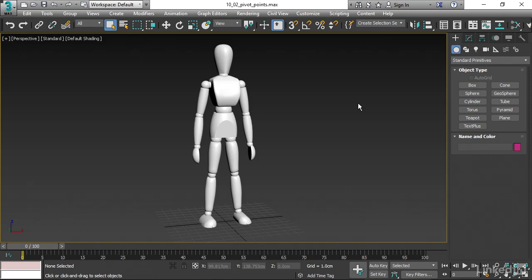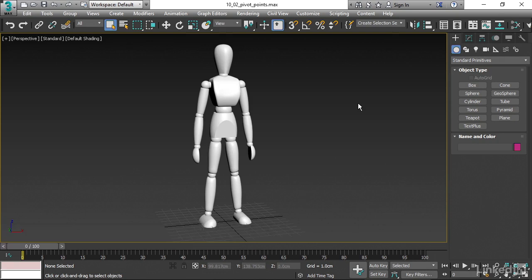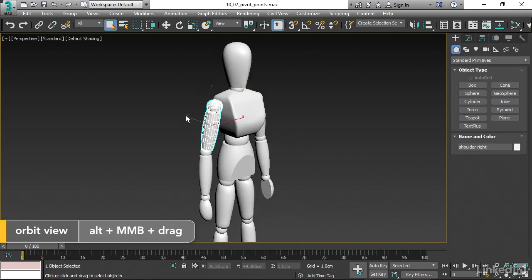To animate a hierarchy, we'll need to first establish the locations and orientations of each object's pivot point. Remember, the pivot point is the center of object transforms. It's the anchor around which the object will rotate. Right now, if we select any one of these objects, we will see the axis tripod is located at the